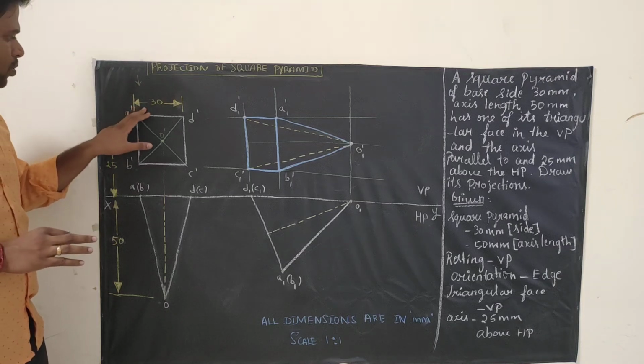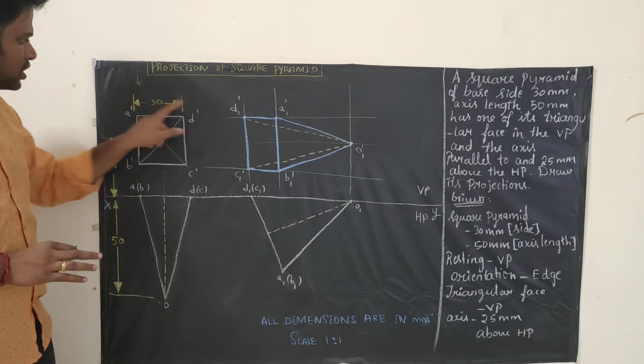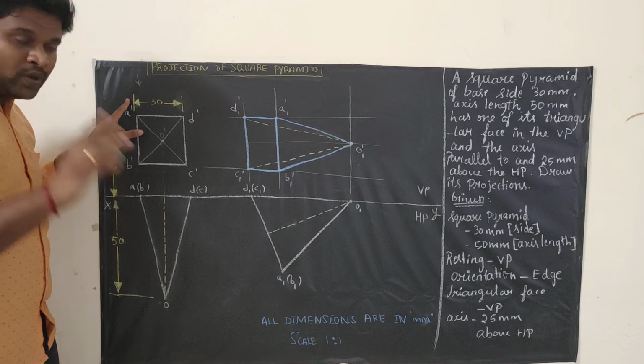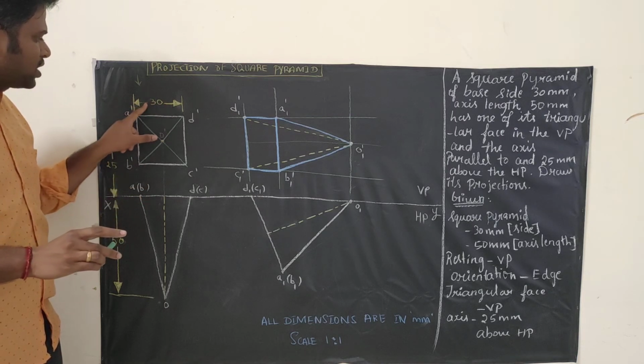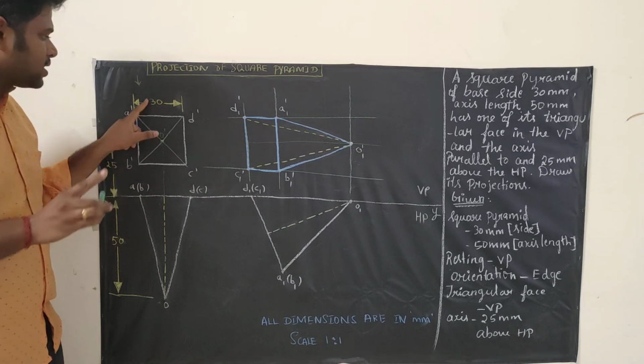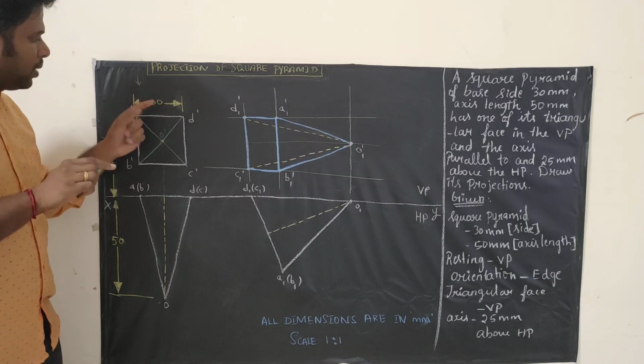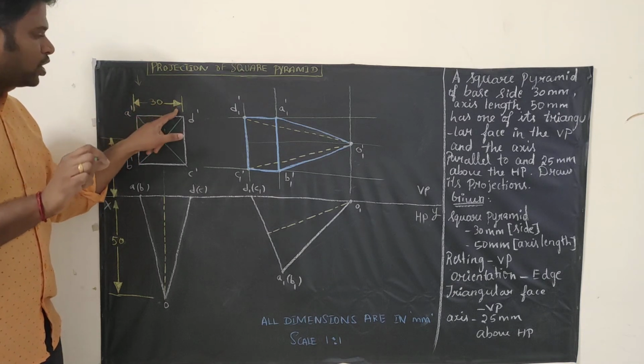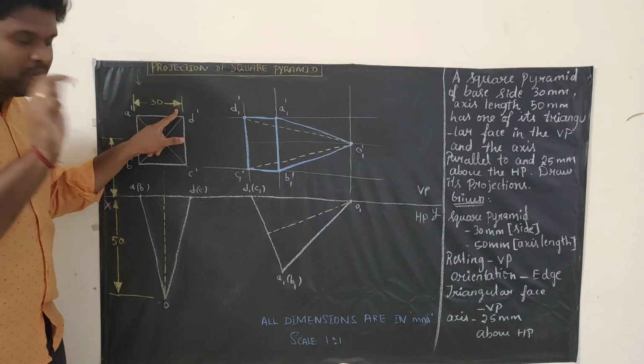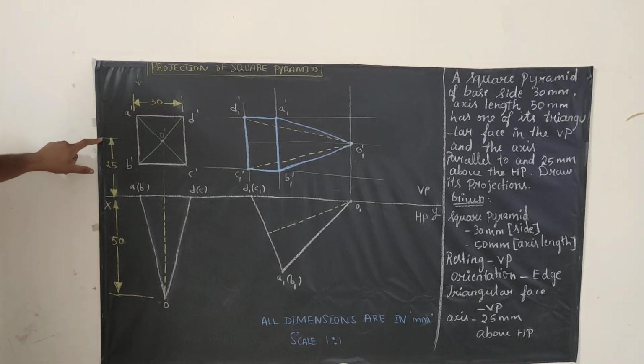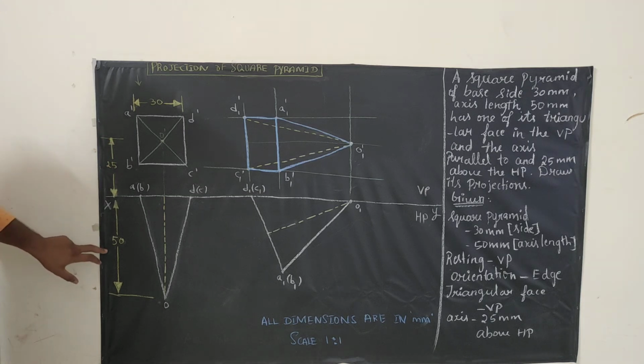See here, while dimensioning, this line is called the extension line. The extension line should be 2H pencil. This line is called the dimension line. Dimension line should be H pencil, and number should be written vertical by breaking the line, and number and arrowhead should be drawn with your HB pencil. Same here also, extension line should be 2H, dimension line should be in H, and 25 and arrowhead should be in HB. Here also same. Dimension line should be in H pencil, extension line should be with your 2H pencil, and number and arrowhead should be with your HB pencil.